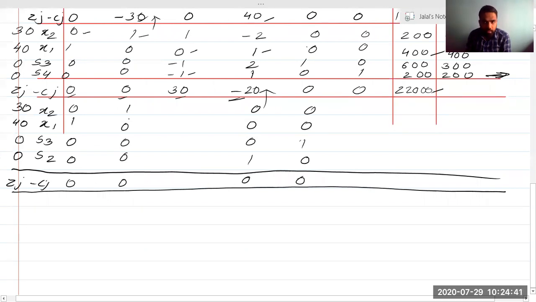Okay. So now we need to find the key element. The key element will be the common of the key row, pivot column and pivot row. So this one is again 1. Since this is 1, we have to divide the whole row by 1. 0 by 1 will be 0. 0 by 1 will be 0. Minus 1 by 1 will be minus 1. Okay, so this is coming out to be minus 1. This is already 1. 0 by 1 is 0. Then 1 by 1 will be 1. Then 200 by 1 will be 200.